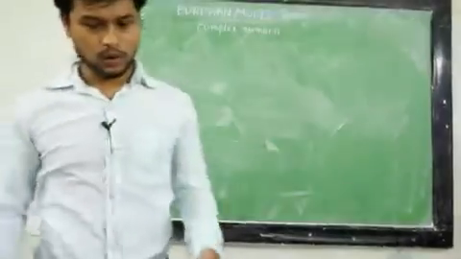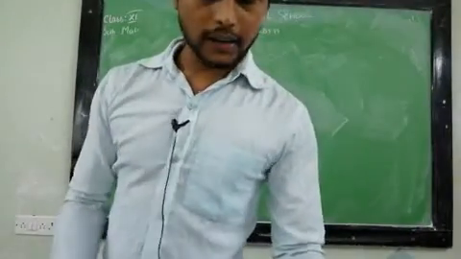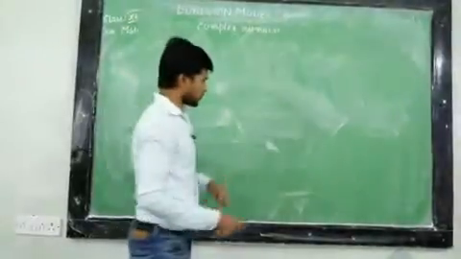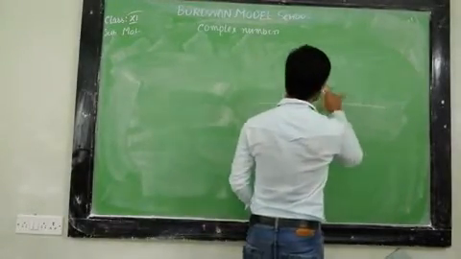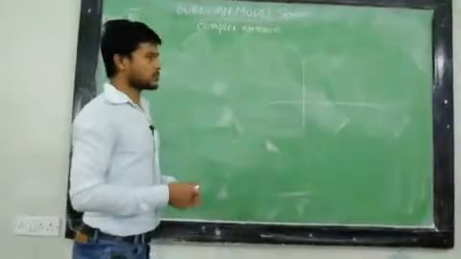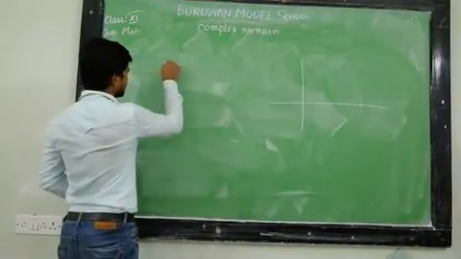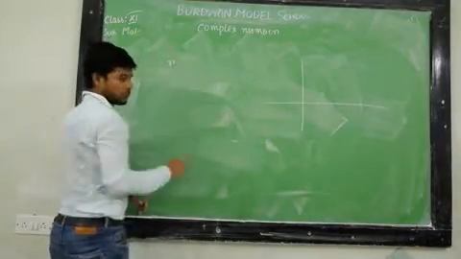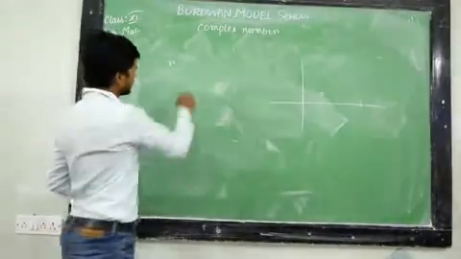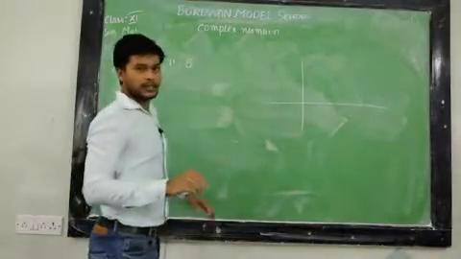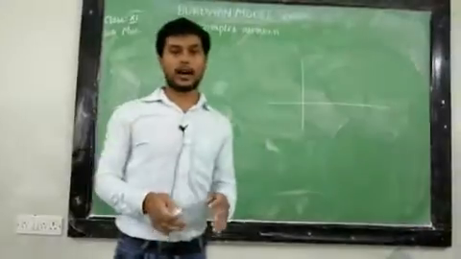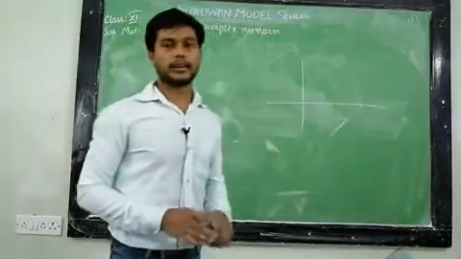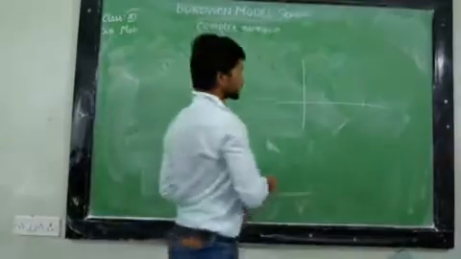Now we'll learn how to find the polar equation of a complex number. Polar equation means equations containing the distance of the point, which is denoted by r, and the angle made by the line with the positive direction of x-axis. Means if an equation contains r and theta, then it is called a polar equation.